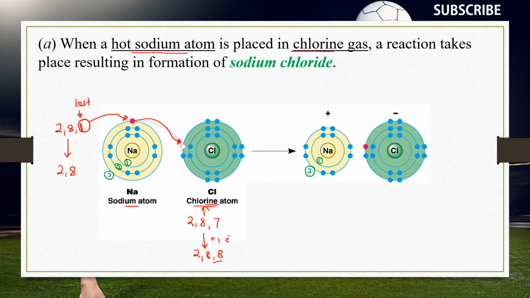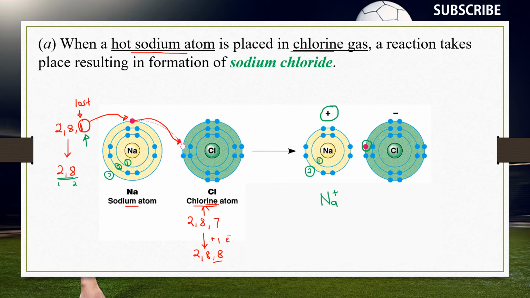But now because it has lost its outermost energy level, it has only 2 energy levels: 1, 2. That's why here we have a sodium ion. However, it has a positive charge as well. So at this point we have a sodium ion, Na+,